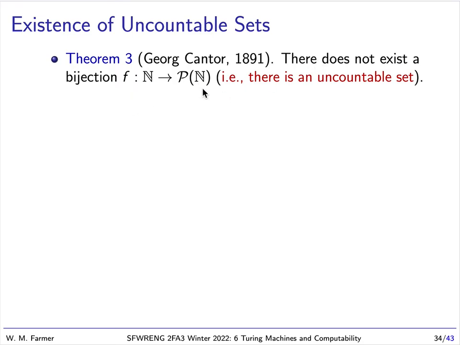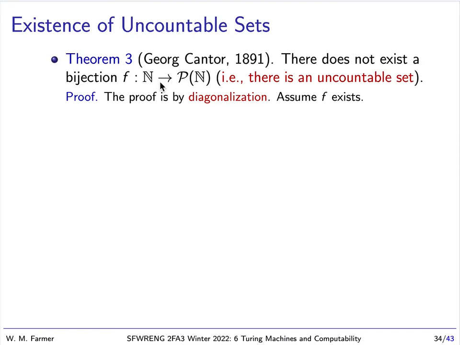Another way of saying it is that there is an uncountable set. There's a set whose members we can't count out. It's too big to be counted out. So it's a set bigger than the natural numbers because, of course, we can count out the natural numbers. We have 0, 1, 2, 3, and 4. Okay, so this is an extremely important theorem. And the theorem was proved by Cantor